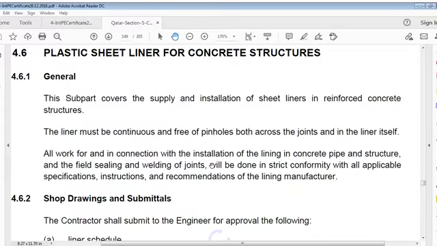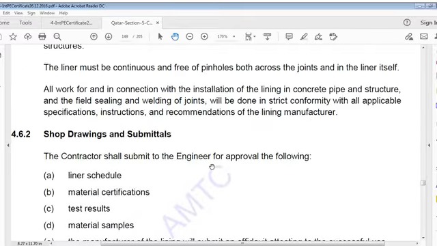All works for and in connection with installation of lining in concrete pipe and structures and field sealing and welding of joints shall be done in strict conformity with all applicable specifications, instructions and recommendations of lining manufacturers, shop drawings and